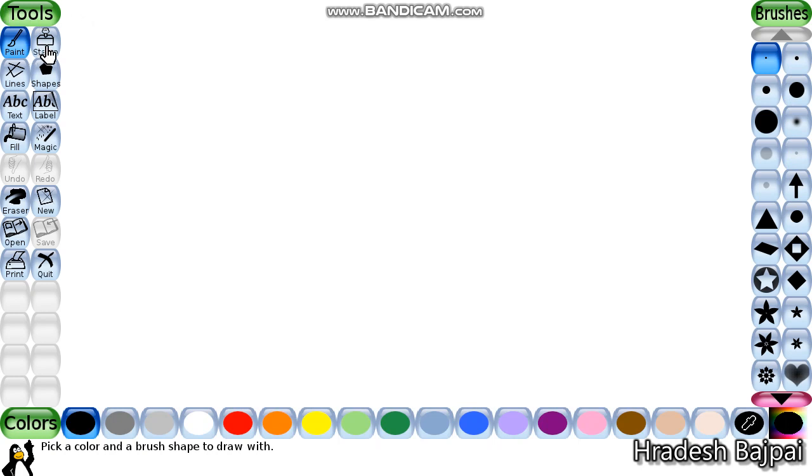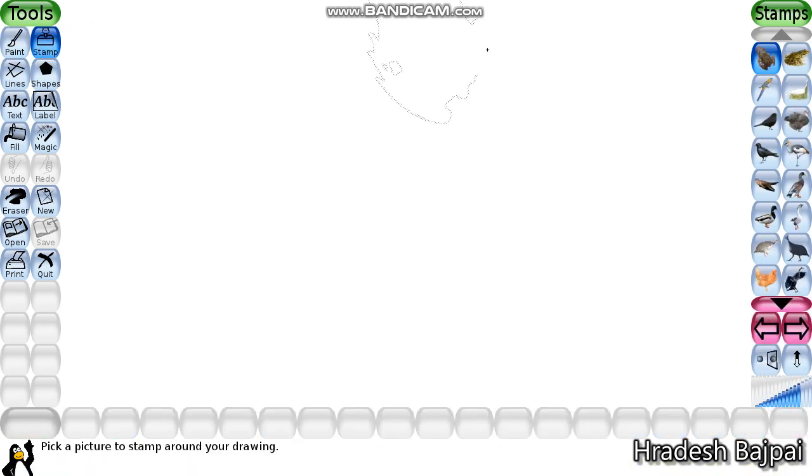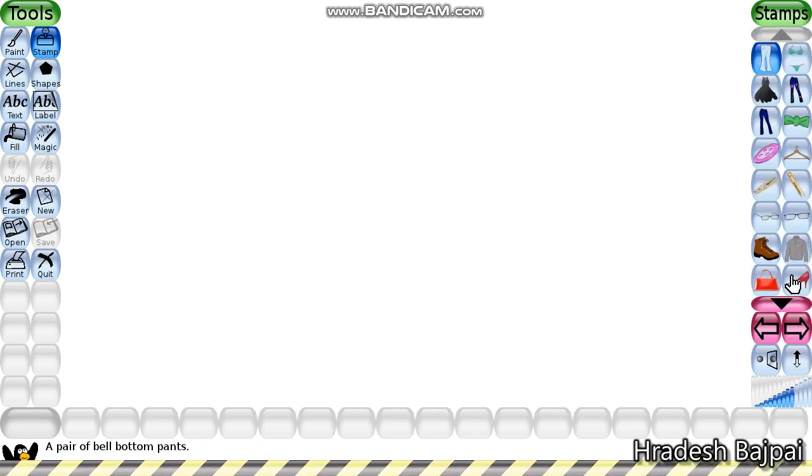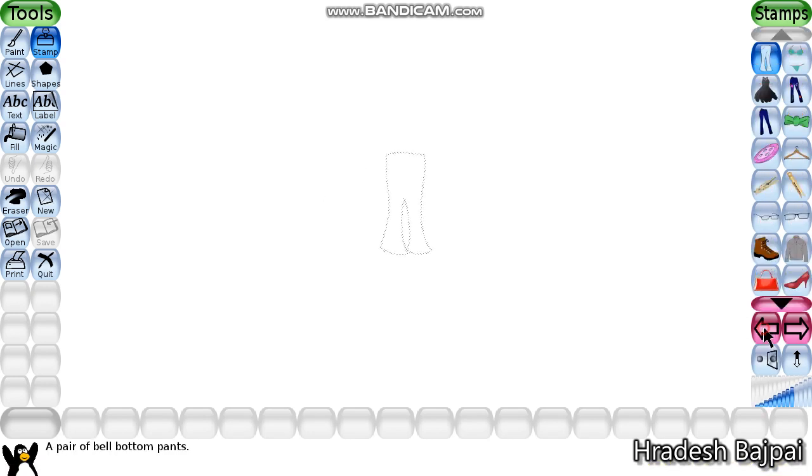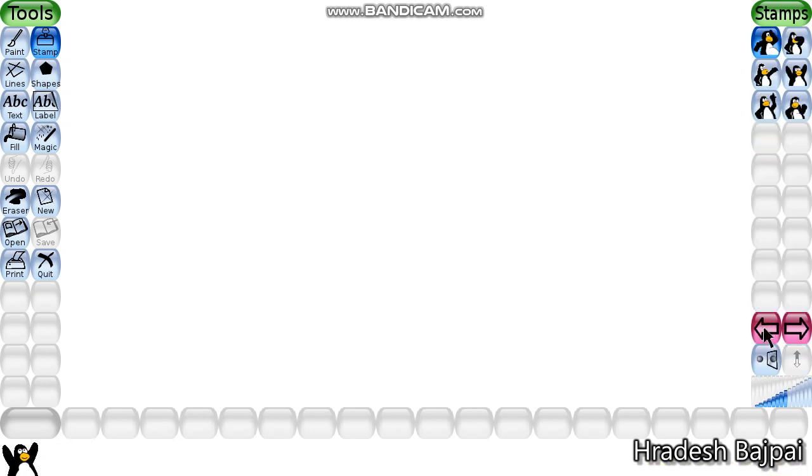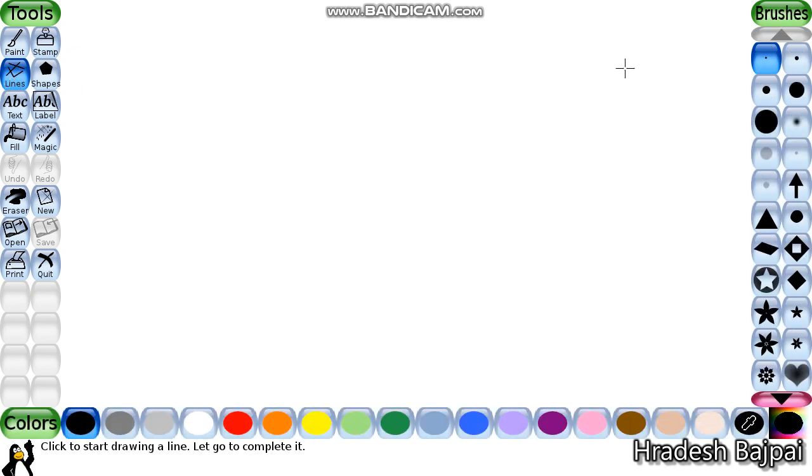As you click on any particular tool, the related sub tools you can see in this selector box. As I am clicking on stamp, these all are the collections of stamps. Many stamps are there. By default these penguin stamps will be there in your system, and you can download more. Now see, I'm clicking on the lines tool, so these all are the sub tools for the lines tool.